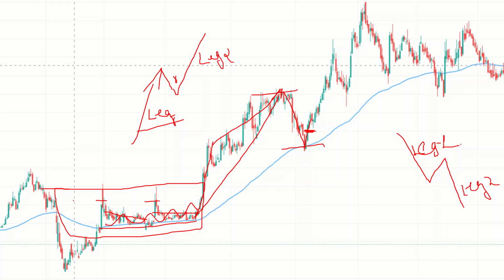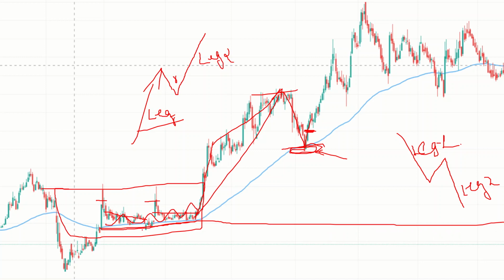So we assume that after a range, the market has started a new trend, and it gives a retracement up to the moving average point. And you can see the moving average is acting as a support zone. That is how you can identify a support and resistance point by using moving average only. Okay, so you can see here this has become a major support for the price